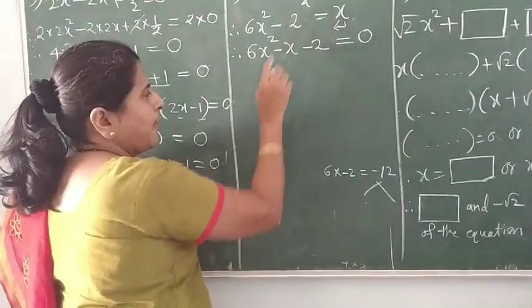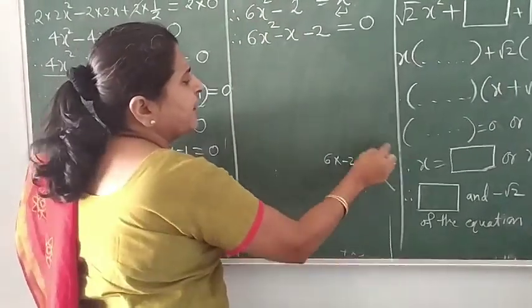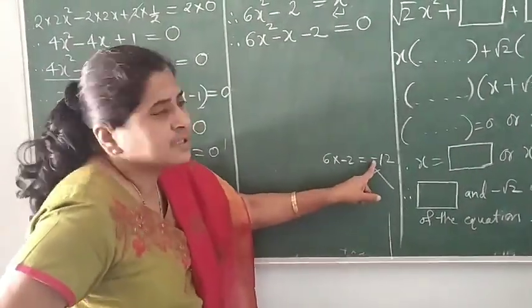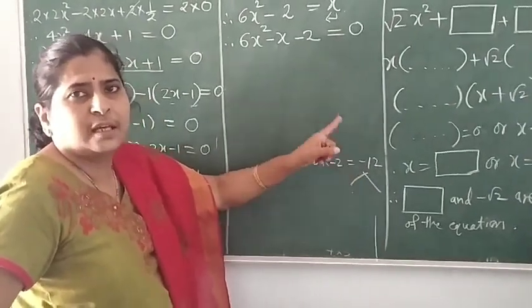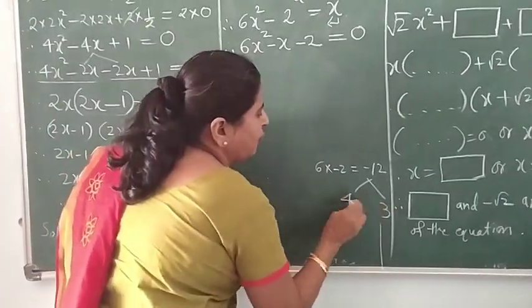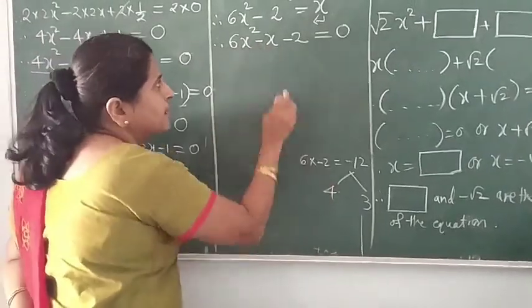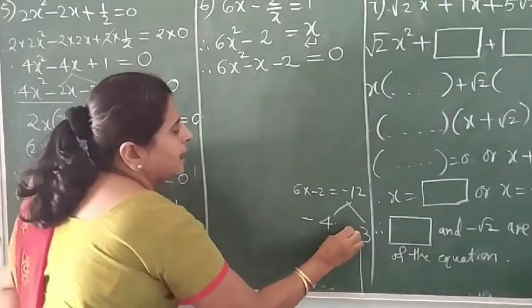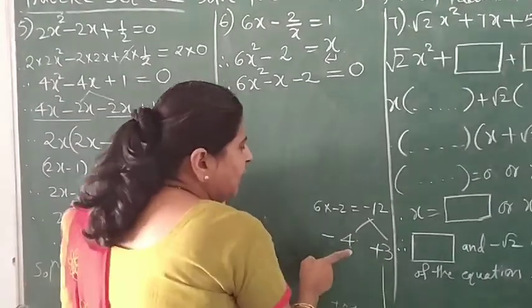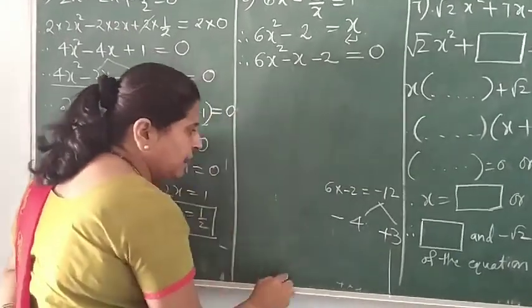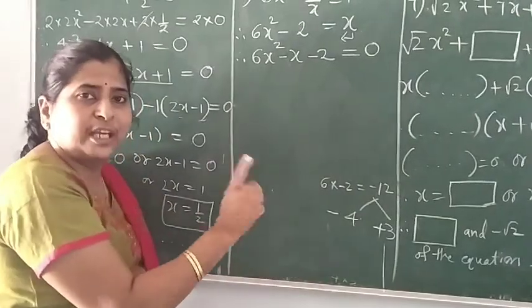It's 1. Okay. We will see that minus 1 afterwards. Now we will just concentrate on the number 1. So what are the factors of 12 such that the subtraction of the factors is 1? 12 ones are no, the subtraction is 11. 6 twos are no. 4 threes are yes. 4 threes are 12. 4 minus 3 is 1. Now to get this minus 1, we have to give the minus sign to the greater factor and the opposite sign to the smaller. So these are the required factors. If you get these factors wrong, everything will go wrong. So you need to know and understand these factors very well.